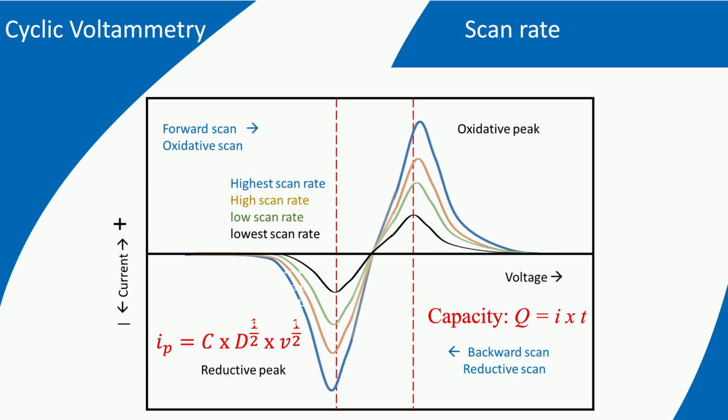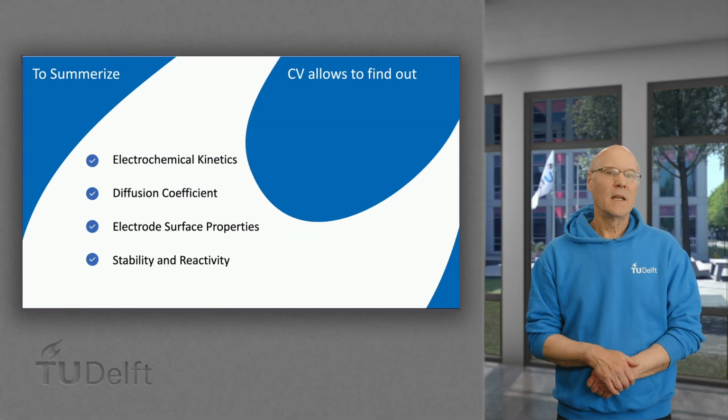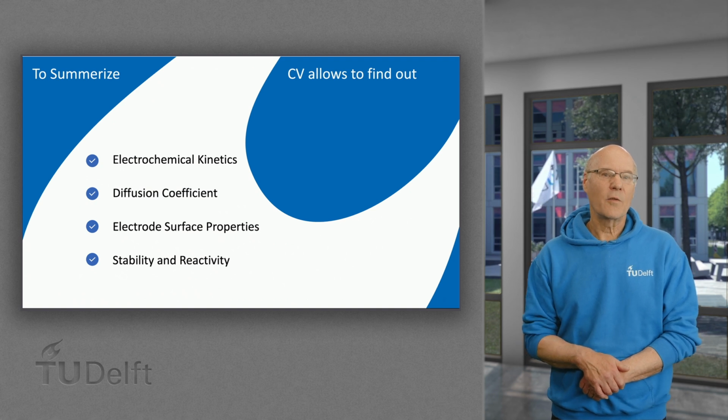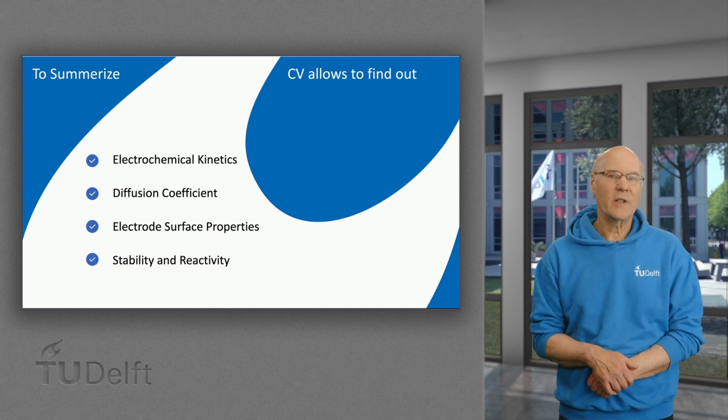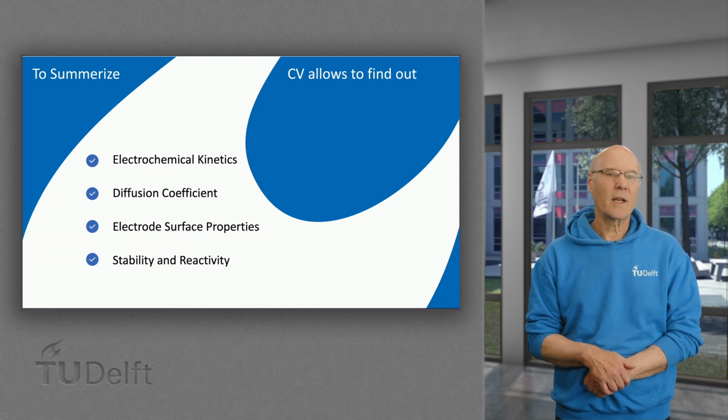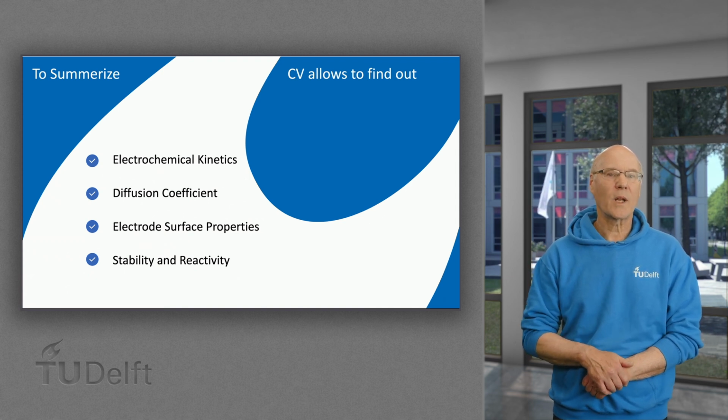This is understandable because the scan rate is dependent on time and the capacity was equal to time times current. Therefore, a lower scan rate has a lower time and thus gives us a lower peak current. In summary, the mathematical models create the basis for analyzing the cyclic voltammetry data and obtaining important parameters that describe the electrochemical processes taking place.